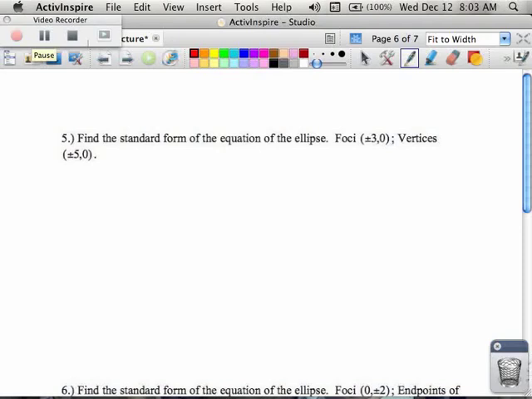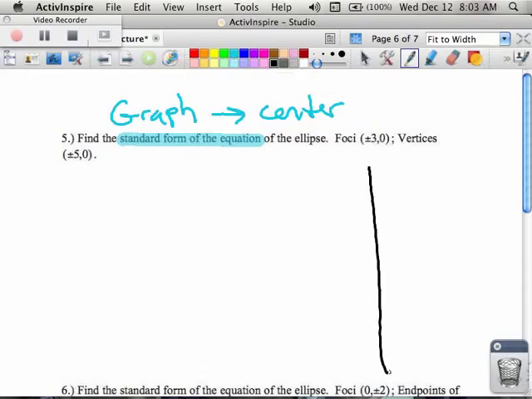Finding the standard form of the equation, whenever you see this information, what I want you to think of right away is to draw a graph and then find your center. This is the most important thing that you can do. So as I look at the information and I draw a picture, one of the things I notice is that